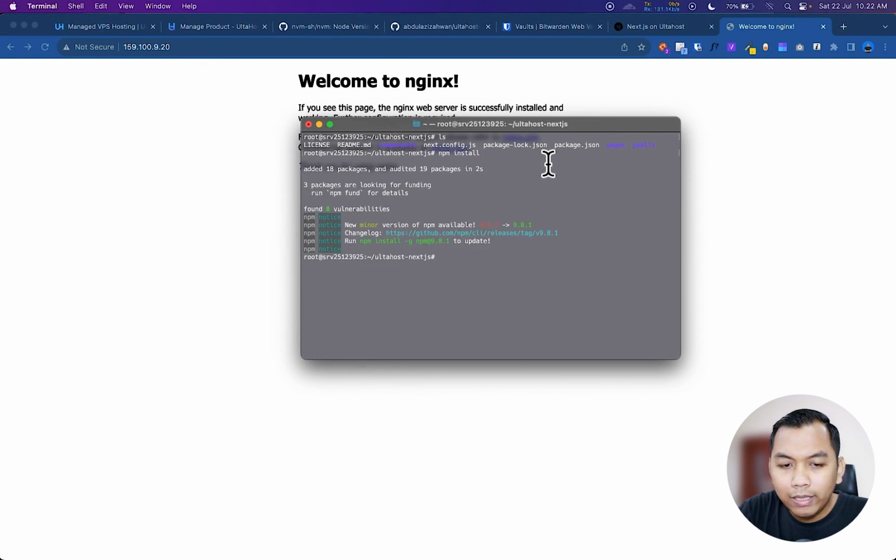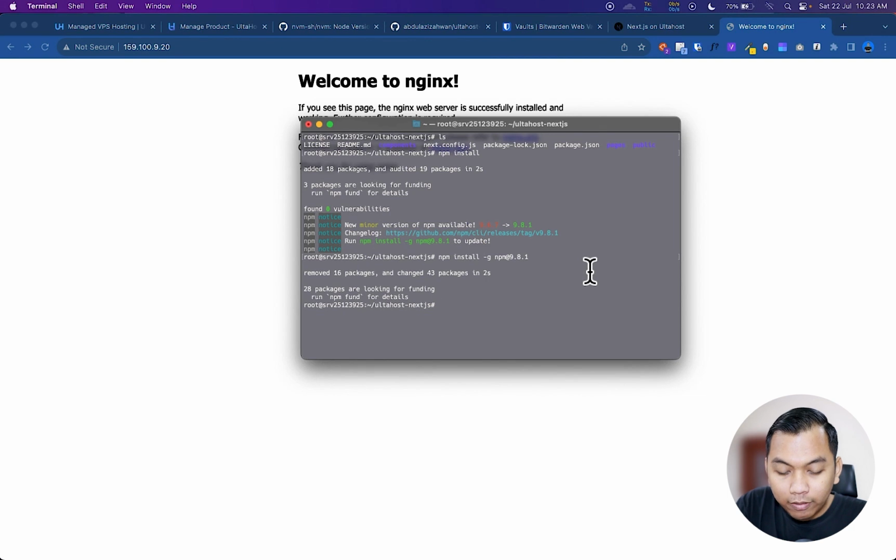And we get a notice here, so we can just follow npm install -g, it means global, and then npm version 9.8.1 and then press enter. Alright, when we check again using ls, we will see node modules here.